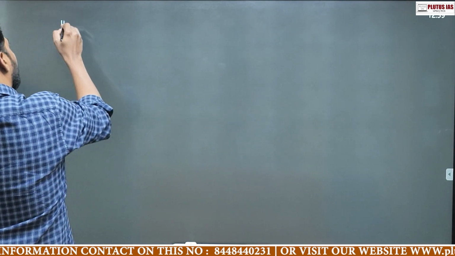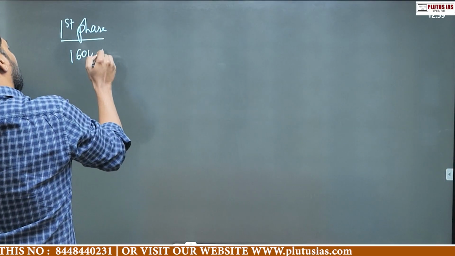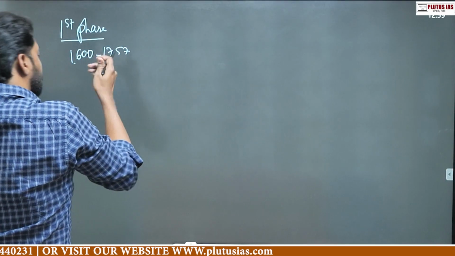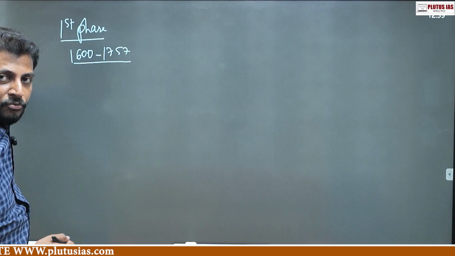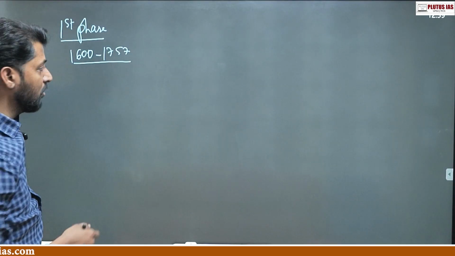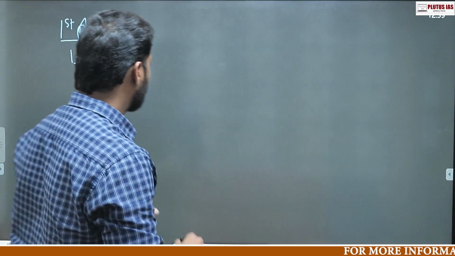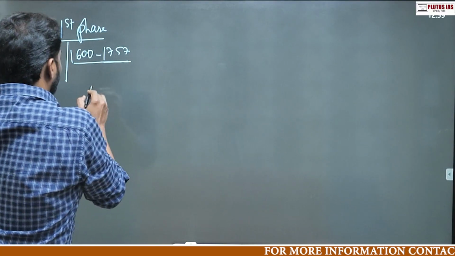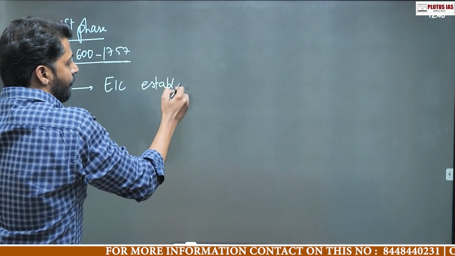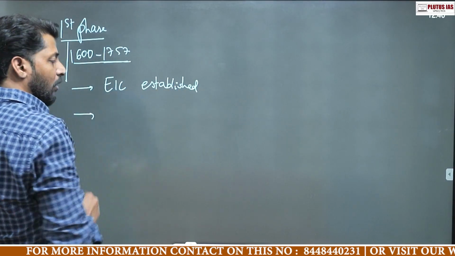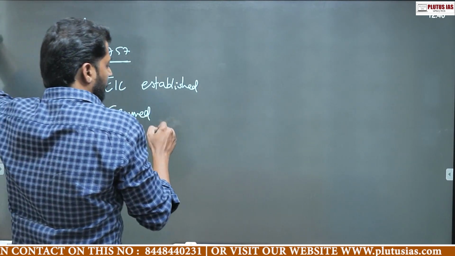First phase, that is 1600 to 1757. 1600 because the establishment of East Indian Company as a trading corporation. 1757, that is Battle of Plassey. Okay. So, in this phase, East Indian Company was established, right? And they secured, in this phase, what they did, they secured